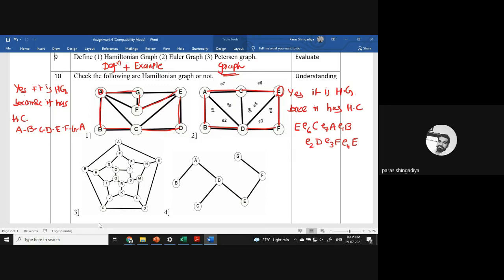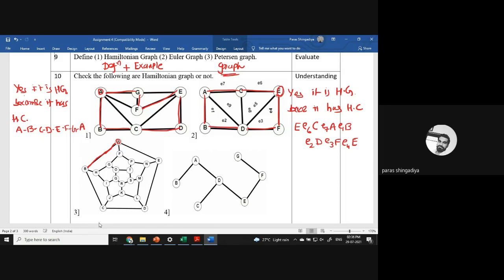Okay. Now, what about the third one? The third is also a Hamiltonian graph. Okay, very good. Clear? Here it is a more complex graph, but you just focus on such a circuit which covers every vertex exactly one time. So which route can you consider here? I have found one route here. Let's check it first, and then we'll discuss your answer also.